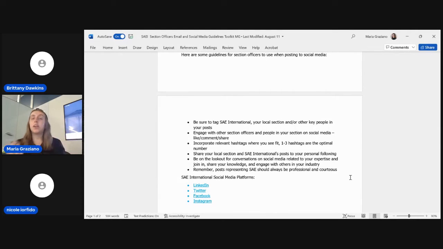Another thing is incorporating hashtags, but be aware, just putting a ton of hashtags may not do a lot. So it's important to identify the relevant hashtags where you see fit, where it makes sense within the social post. 1 to 3 hashtags is the optimal number. So, if you're having a session about a certain topic and it makes sense to hashtag that within the post, then go ahead and do that. But just adding a bunch of hashtags at the bottom of your post